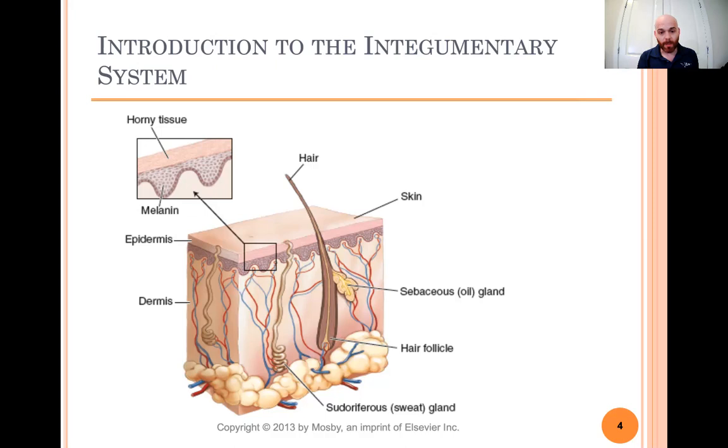And the dermis is a much thicker layer. And as you can see, there's lots of little things going on in the dermis. Well, the dermis is made up of skin cells that are alive. So the dermis is very much always growing and actually pushing itself out toward the outside. And so eventually those skin cells in the dermis will reach the epidermis and they will actually die